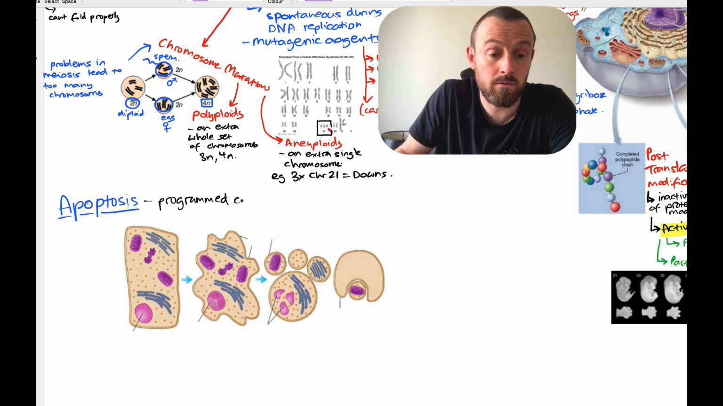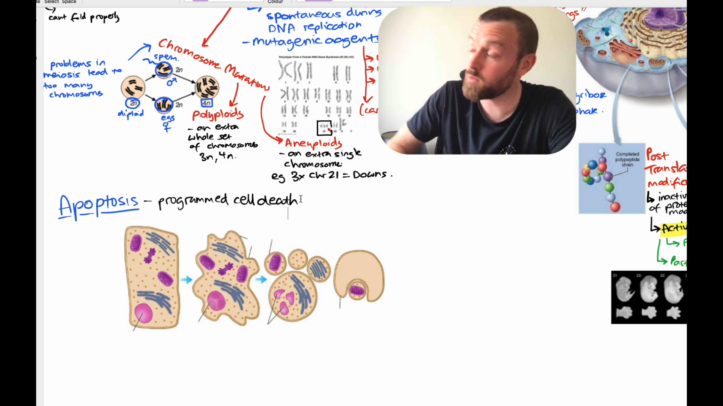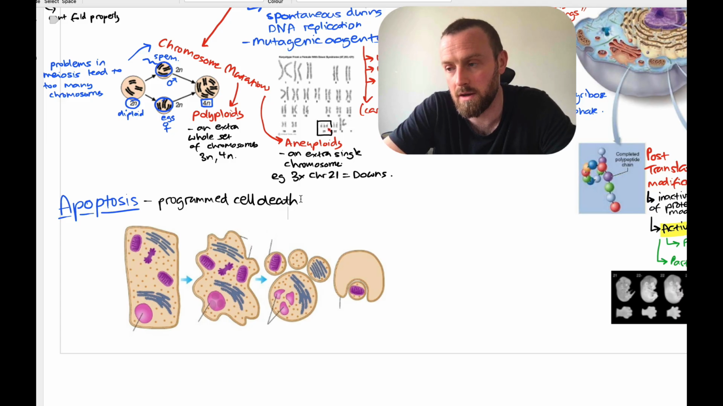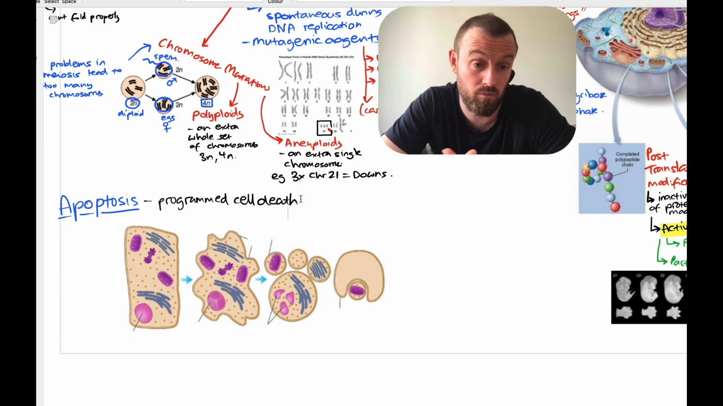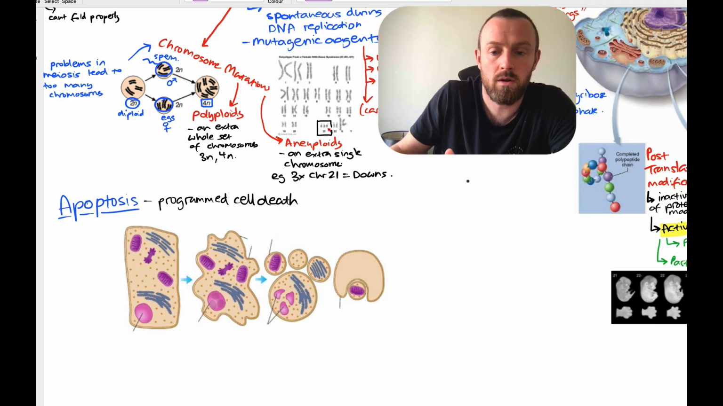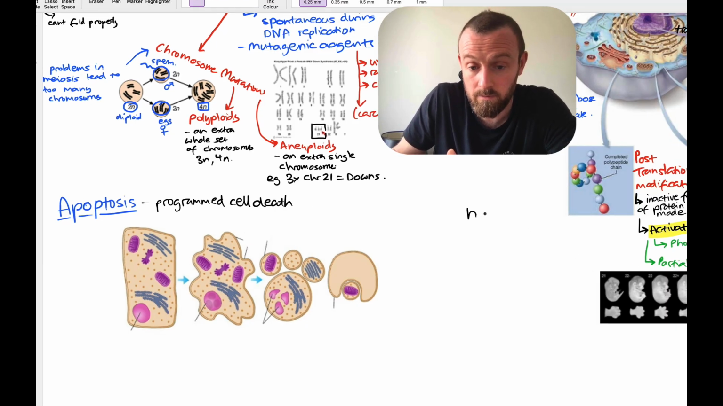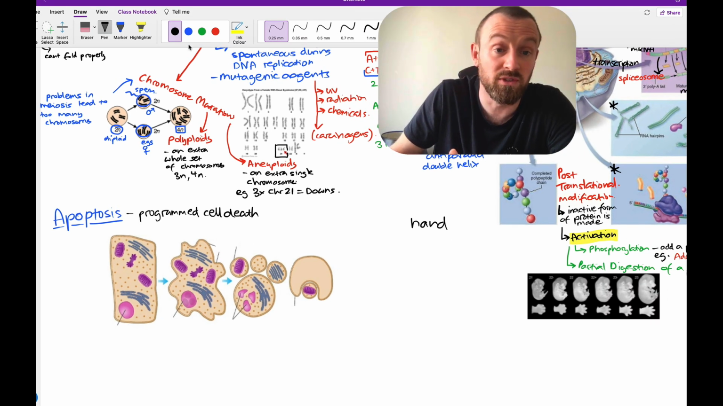So cell death that is wanted by the body. The body doesn't want all cells to live forever. Sometimes cells need to kill themselves, basically to make room. For example, one application of that is in the building of a hand in